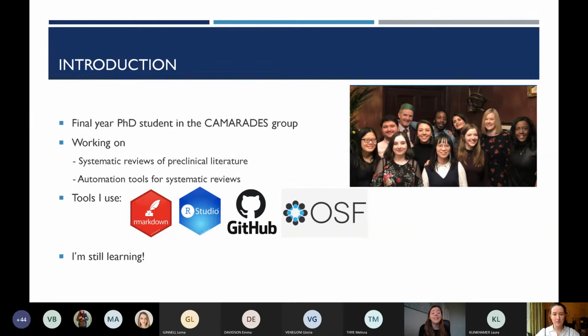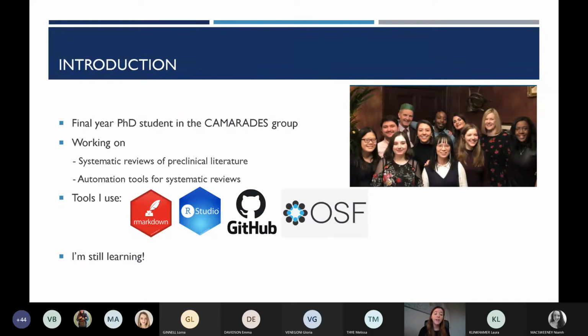The tools that I use day to day are things like RStudio or Markdown, which some of you may have heard of or you might use already. More recently, I've started to use GitHub. I was pretty scared to use it initially, but in the past year, I've really sort of embraced it and I use it all the time. And I also use the Open Science Framework to manage my projects day to day. I really like the Open Science Framework because you can put documents on there, you can put PDFs, all of the materials relating to your project, you can put in one centralized location. So that tends to be how I share my data.